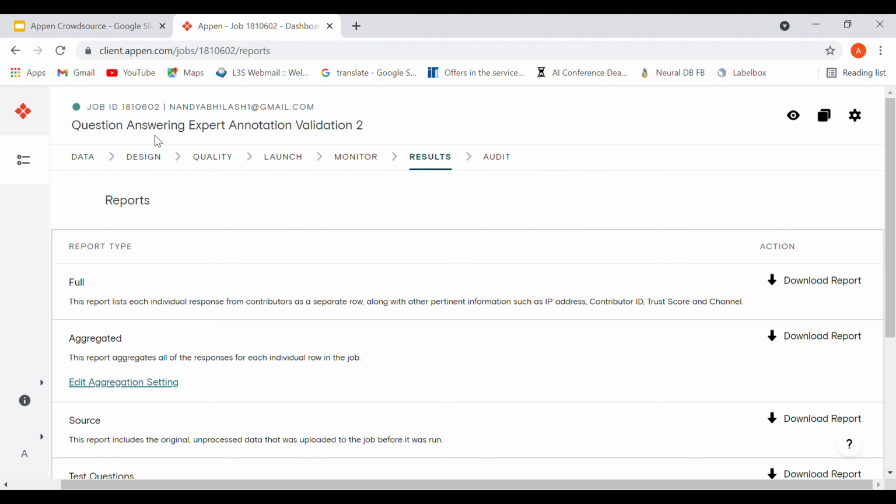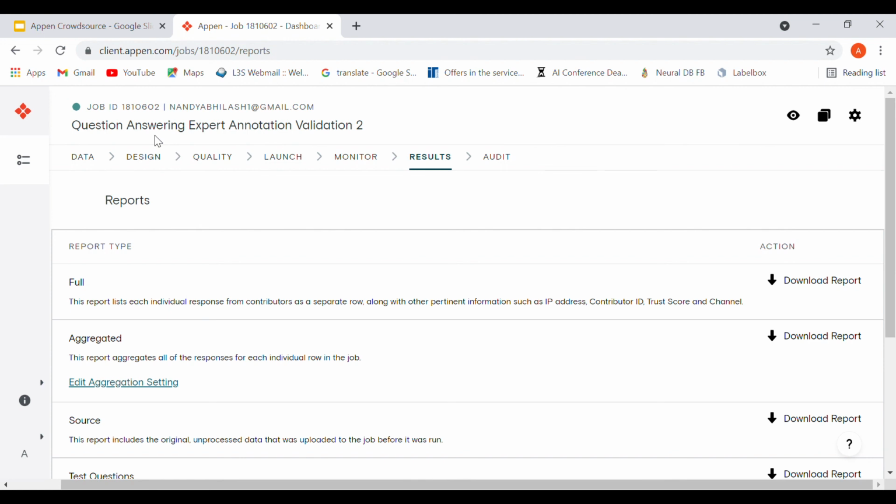The only drawback which I feel is, unlike Amazon MTurk, where you can give an initial survey form to filter out annotators based on their niche, interests, or qualifications, that thing is lacking over here.